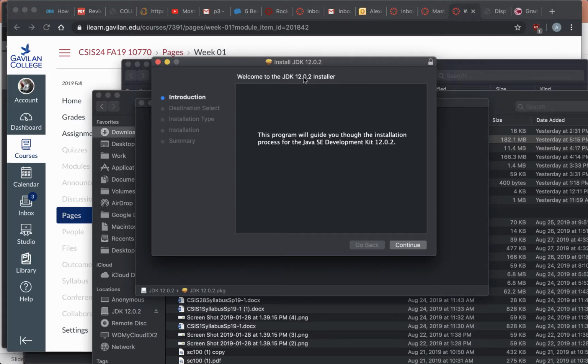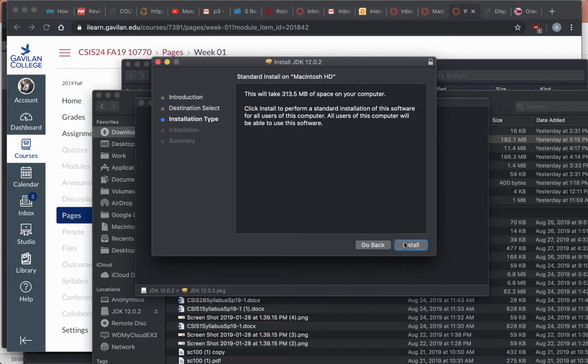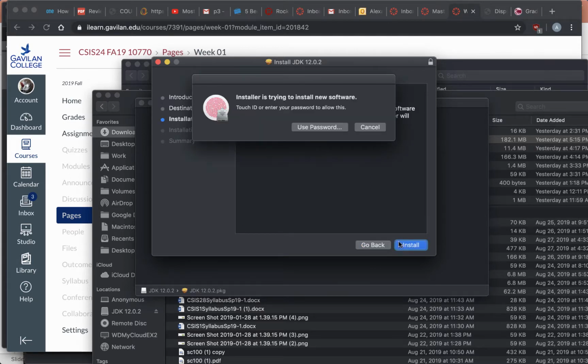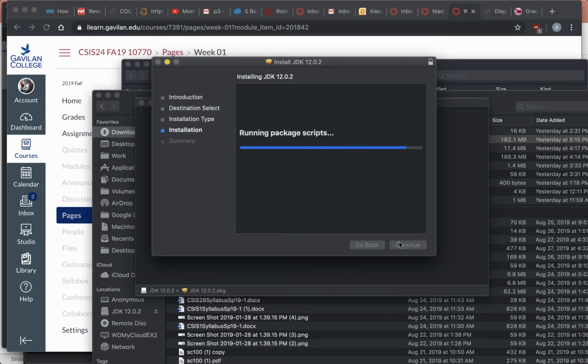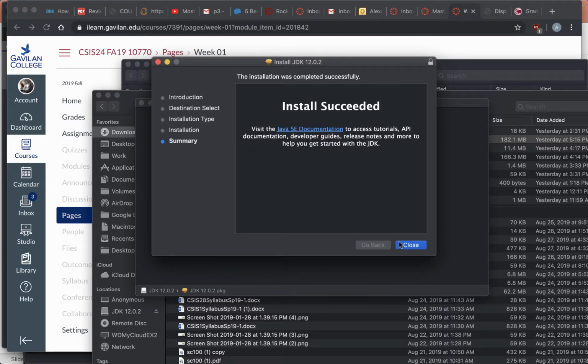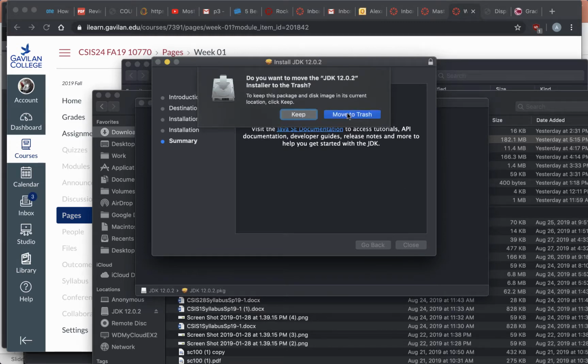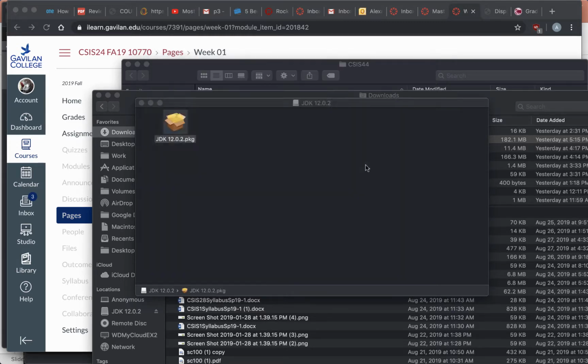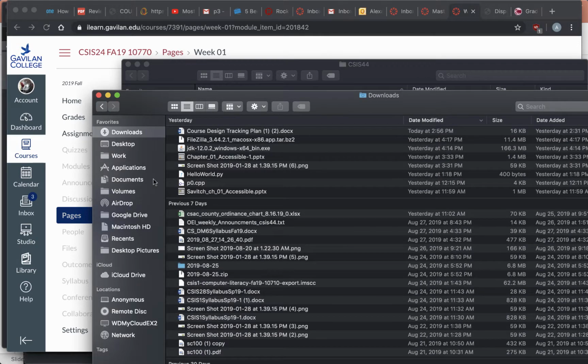And then welcome to the JDK 12.02 installer. Click continue, click install, enter your passwords, and that's it. Okay, you can move to trash to delete that file after that, and to check if Java